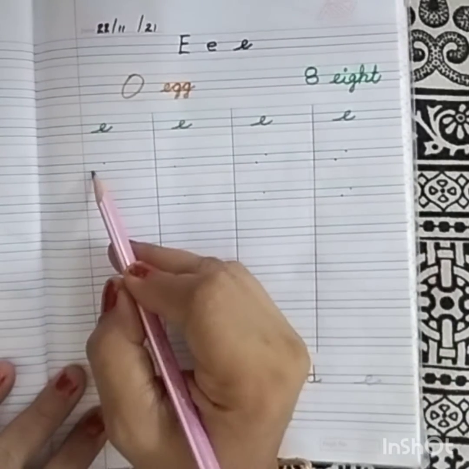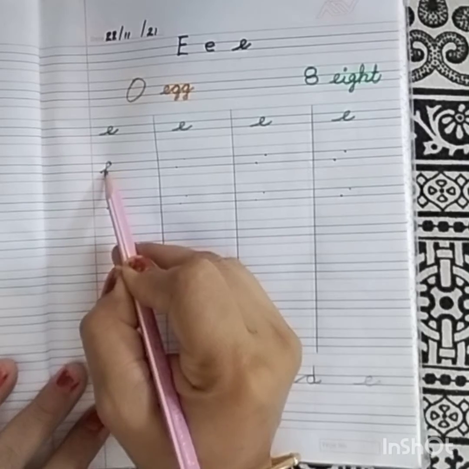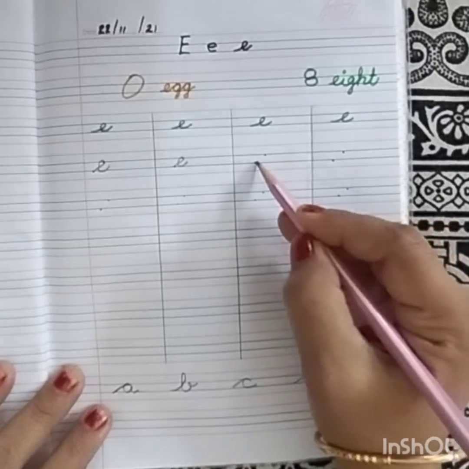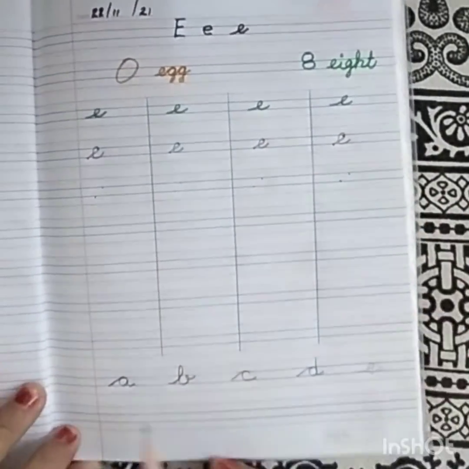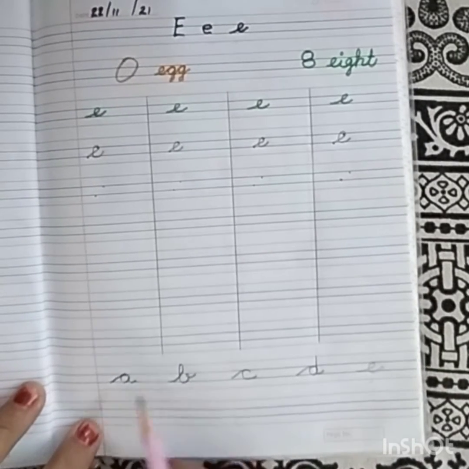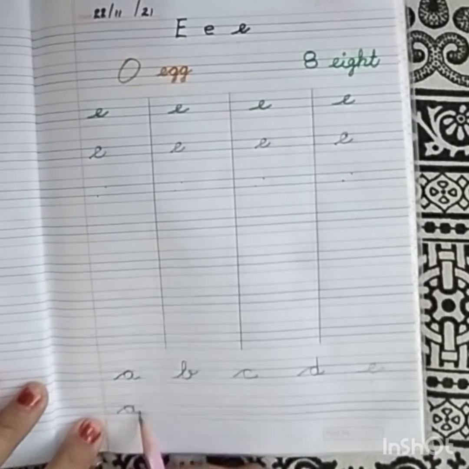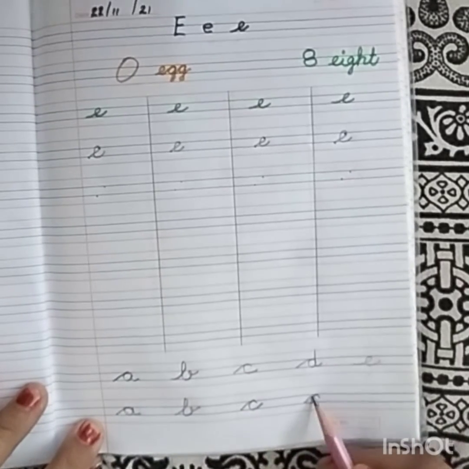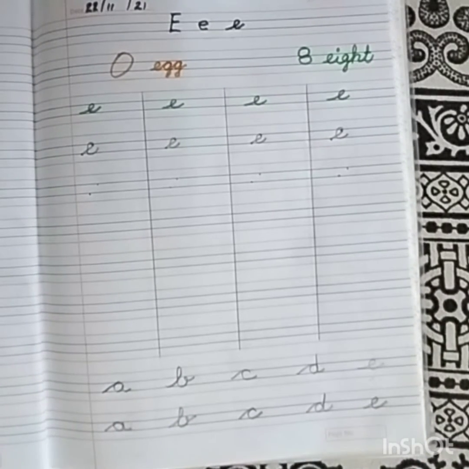copy, same, start from this basic line, go slanting up, make a loop here and come down, curve it upside like this. You write in your copy like this, do the practice of this letter E and after that in the downside in 2 lines you do the practice of A to E letters. A, B, C, D, E. Again 2 times practice you do B, C, D and E. After completing this work send pics to your respective class teacher.